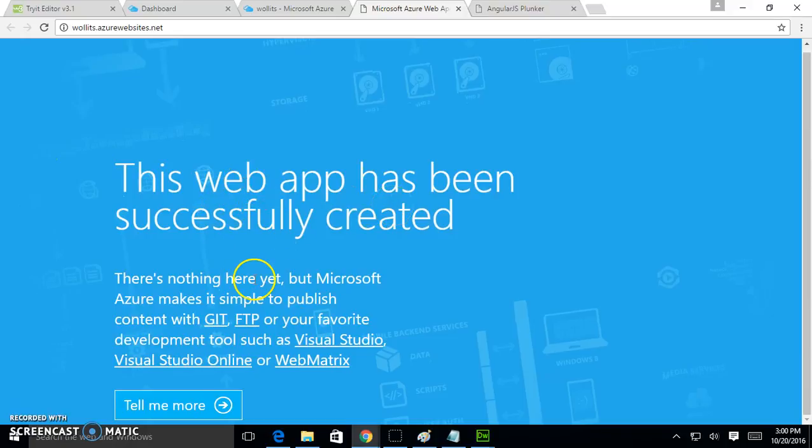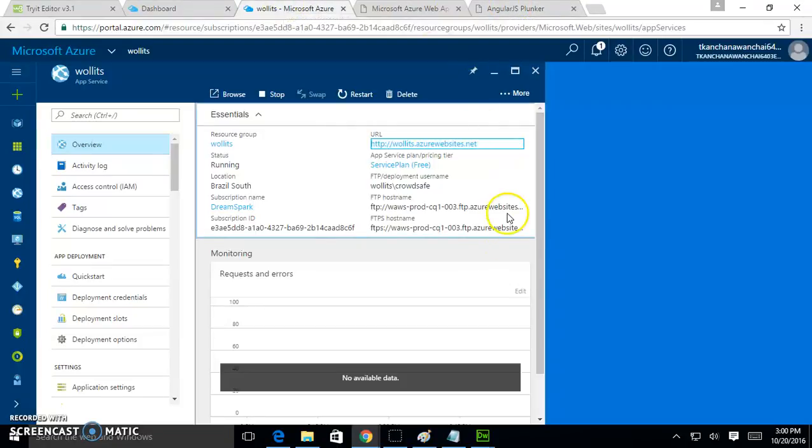It has been created, but you need to do FTP, right? I showed you how to do FTP, right? There are many ways to publish. One is FTP, one is Git, right? And one is you can put it on your OneDrive. Okay. Like now, let me show